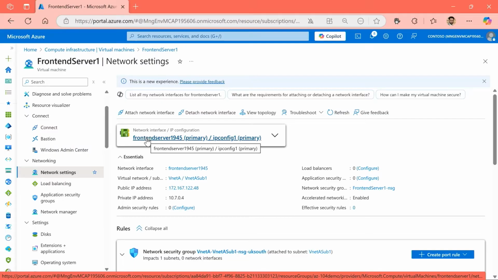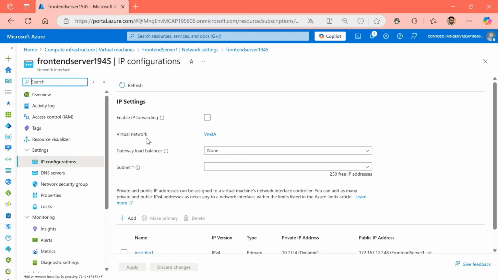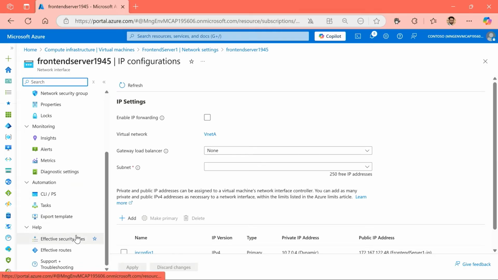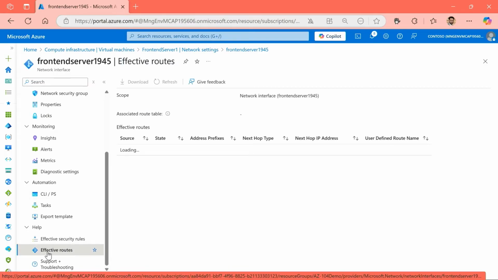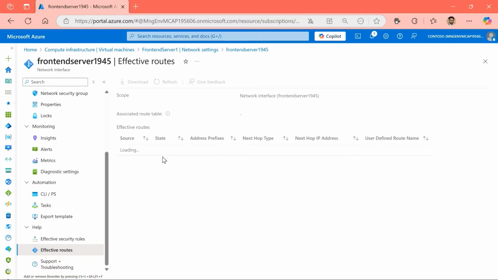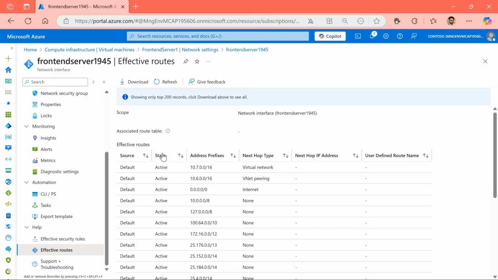Now, what I want to do is go into the network card settings on this particular resource. While I am in the network interface card for VNet A, all I'm going to do is scroll down to the bottom of the blade and look at effective routes. In this part, I should see the system loading up for me the system-defined routes that are available for this network interface card or this virtual machine to take. Currently I can see there are only a couple of them, or 3 of them, available for me to use.